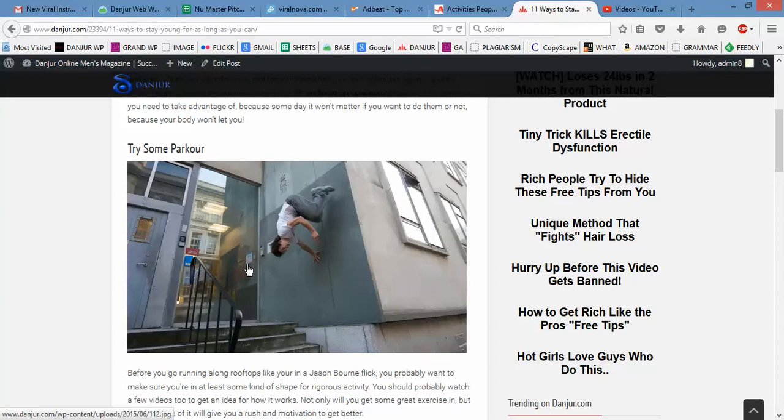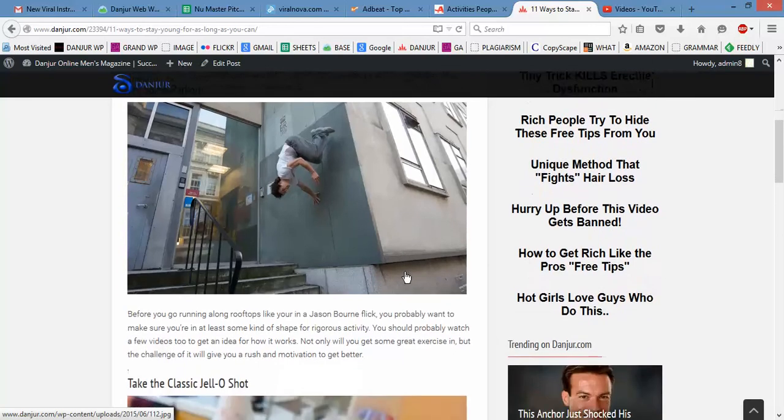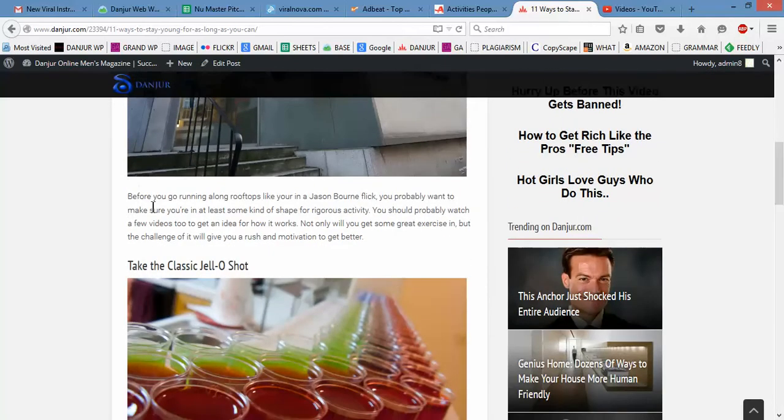And then I went and got all new pictures from Flickr. Actually found every single picture on here from Flickr. And they're all free to use, they're high quality, they look great. I mean, this is a crazy looking picture. Like, I don't know, I hope this guy landed safely, is all I have to say. And then a little blurb underneath that.